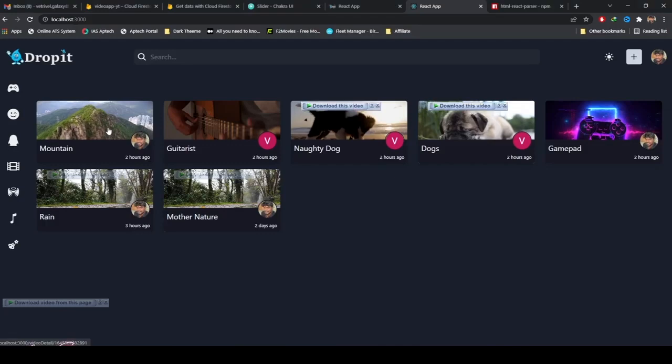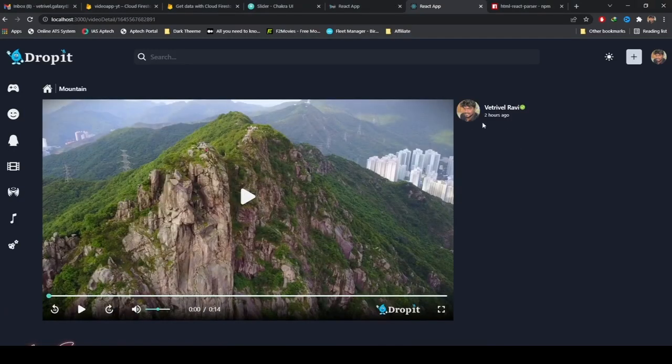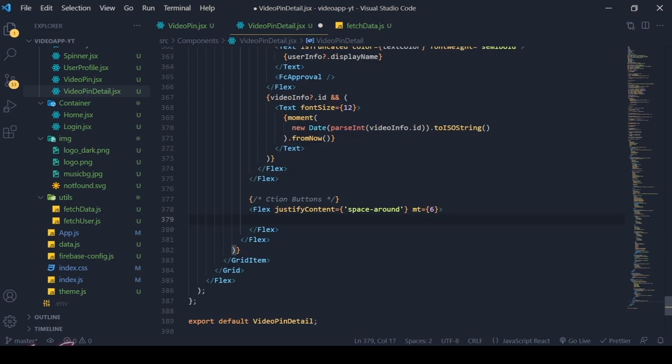Okay, so I need to display this delete button only if the signed in user and the uploaded user of this video both are the same. Or else I'm not supposed to display that delete button icon over there, right? To do that, I need to check it. If the userInfo.uid is equal to,